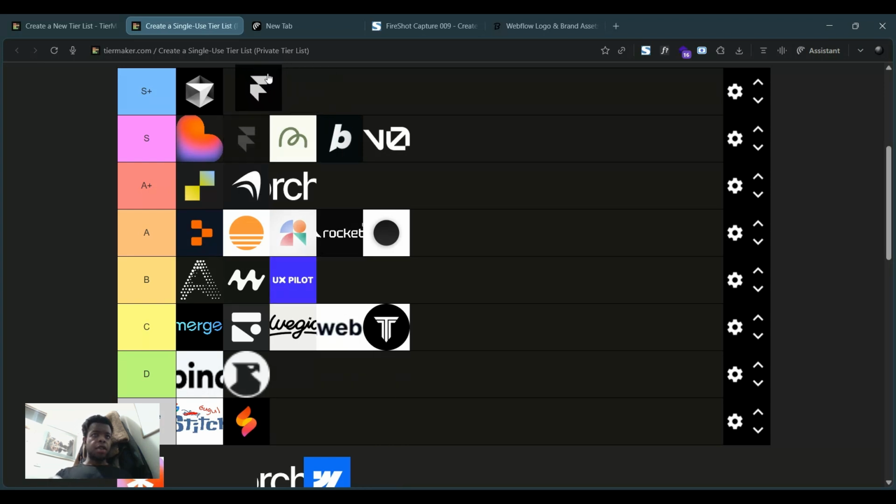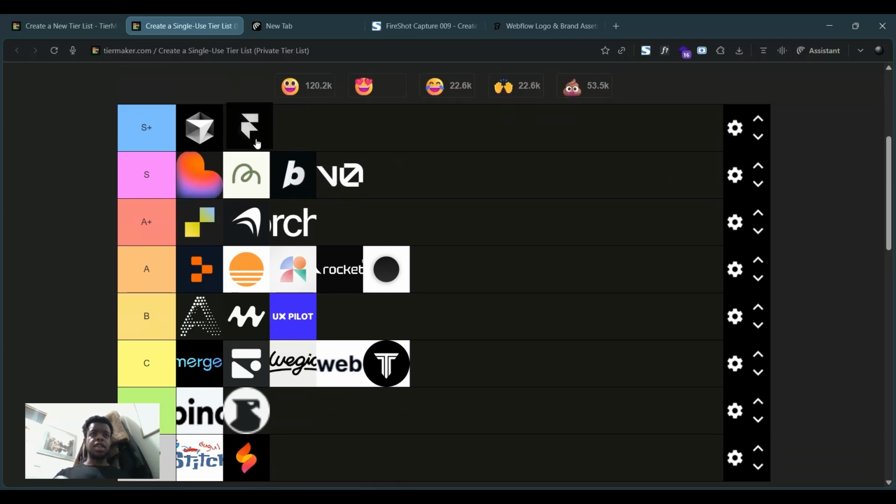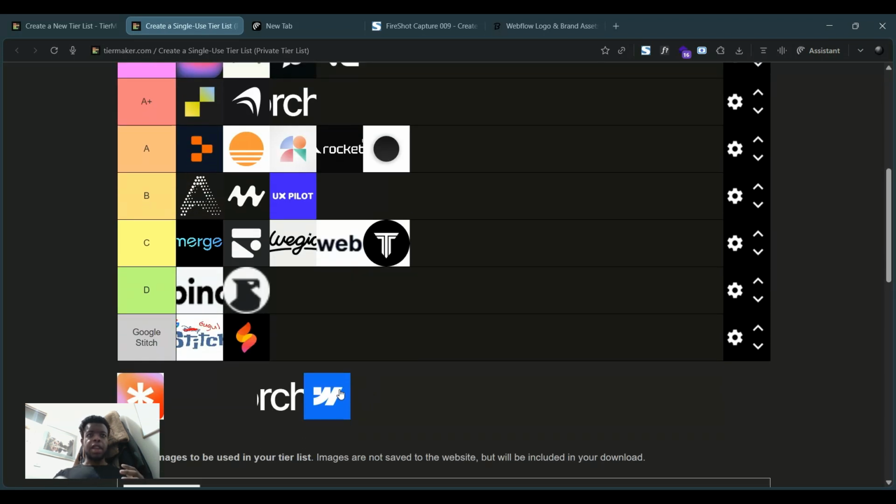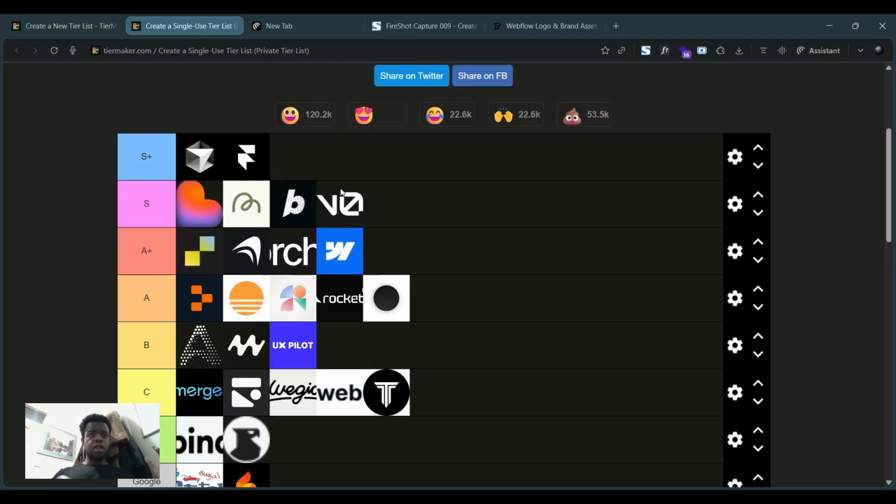I know it's unfair to compare these tools to these newer tools, but I feel like their tools and the features they have are just so much more developed and secure and safe, and the communities around these tools are just a little bit better than some of the other communities here, so you'll be able to get a more polished product a lot easier, not faster, but a lot easier than if you were to use these newer AI